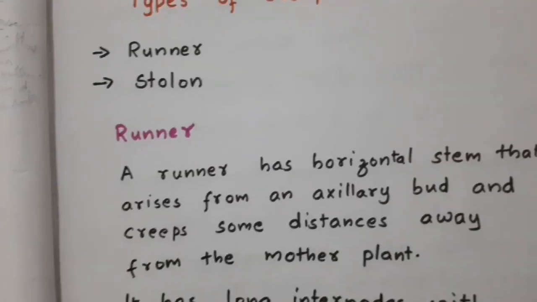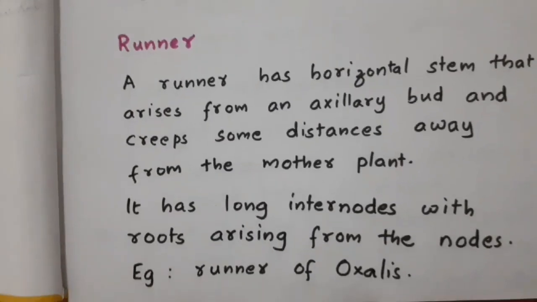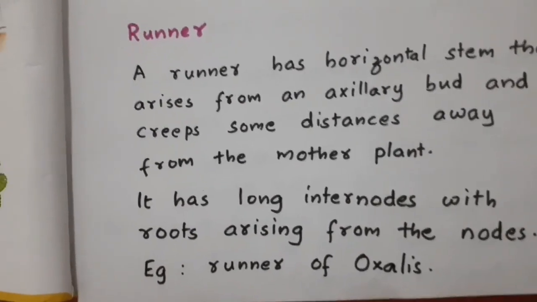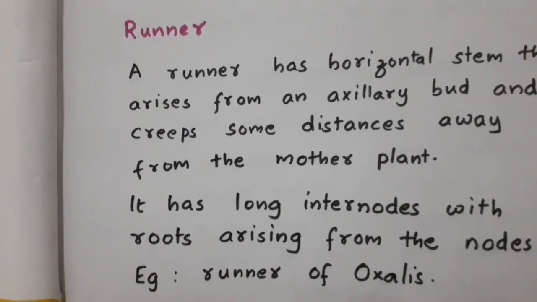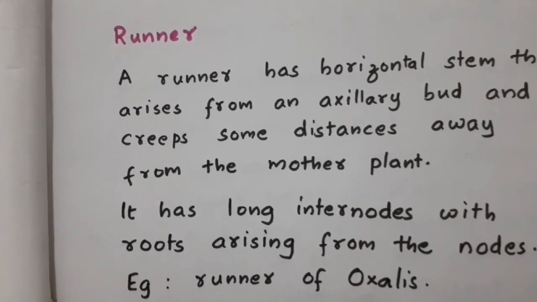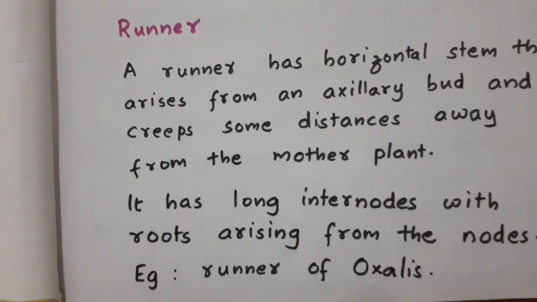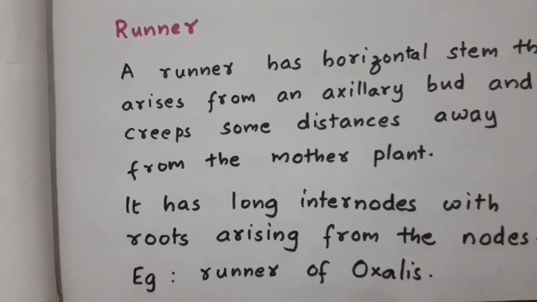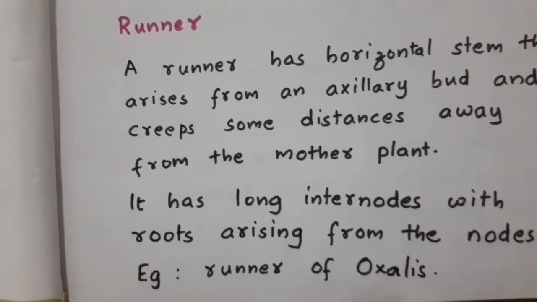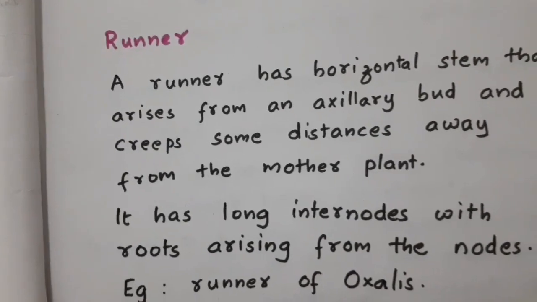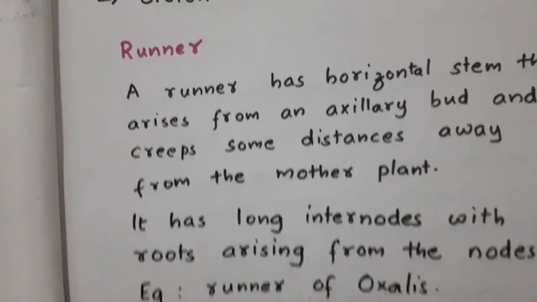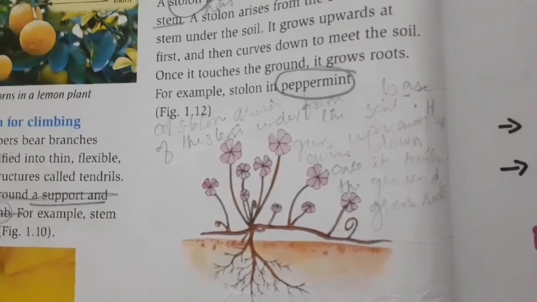Now we'll see what is a runner. A runner has a horizontal stem that arises from an axillary bud and creeps some distance away from the mother plant. It has long internodes with roots arising from the nodes. The runner, example runner of